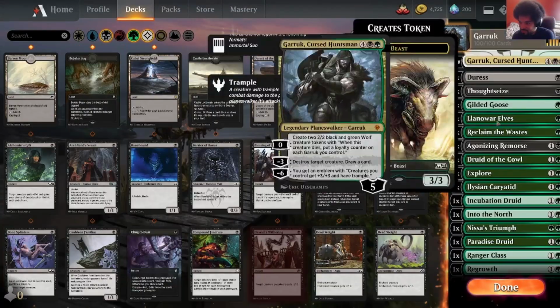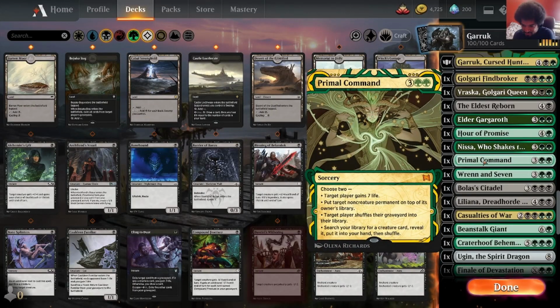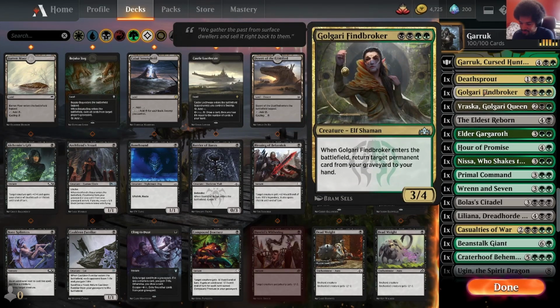Alright, I already don't like this. I already don't like that. I'm doing it this way. Primal Command to shuffle your graveyard in and stuff. You can pick this up with Regrowth. You can loot Findbroker and